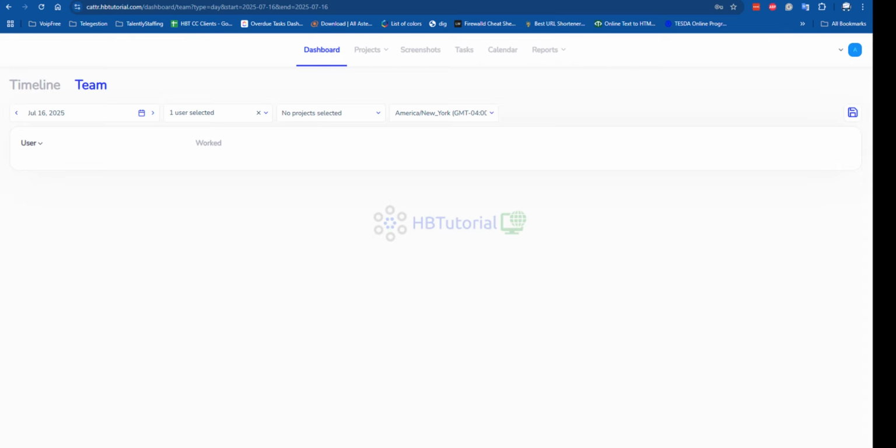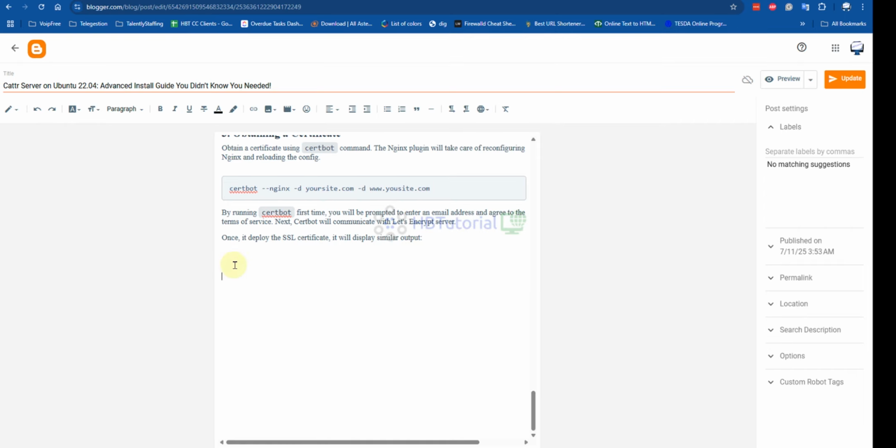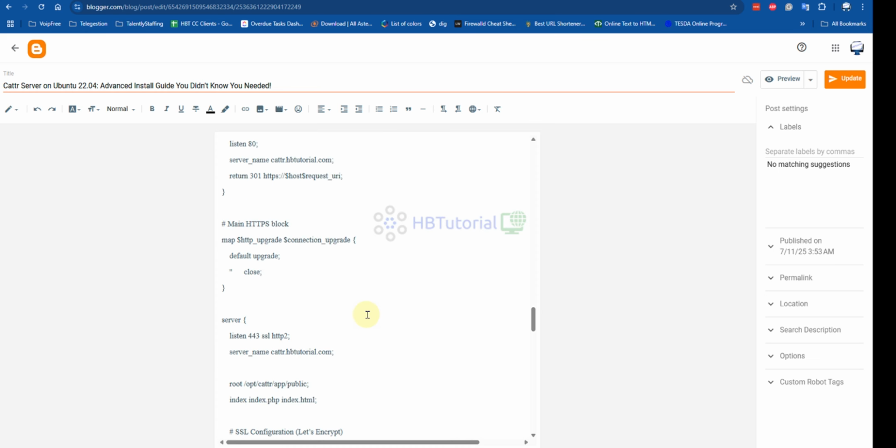So I'm going to paste the HTTP config here. It's in your vhost. You can remove it first and update using this one.